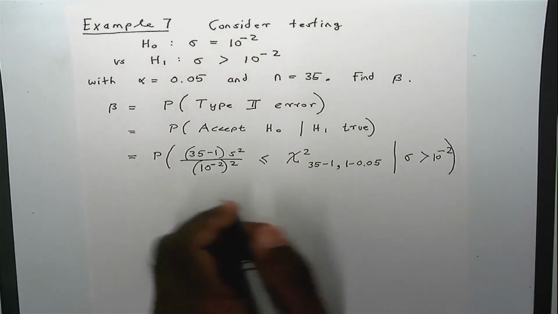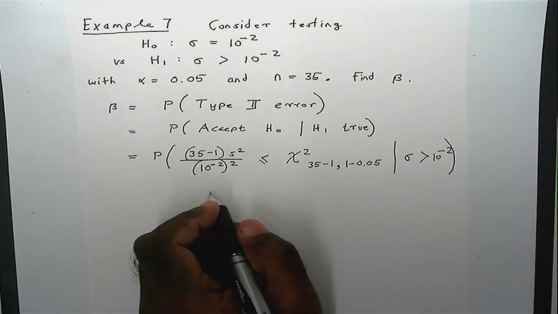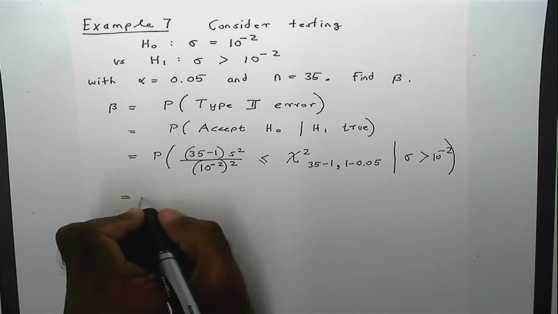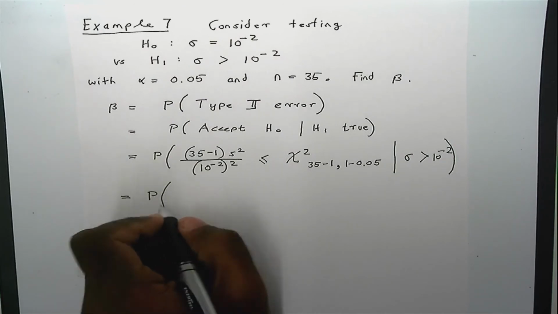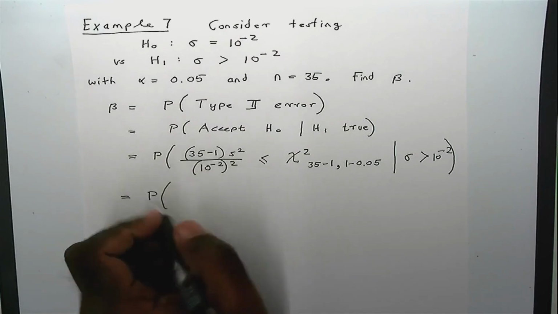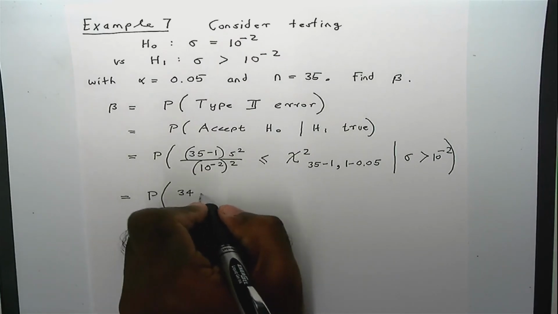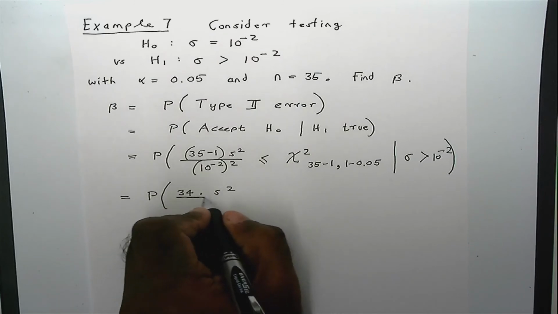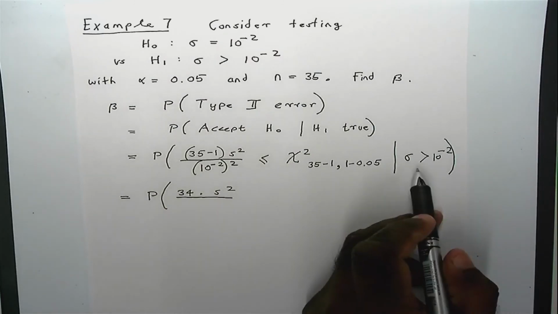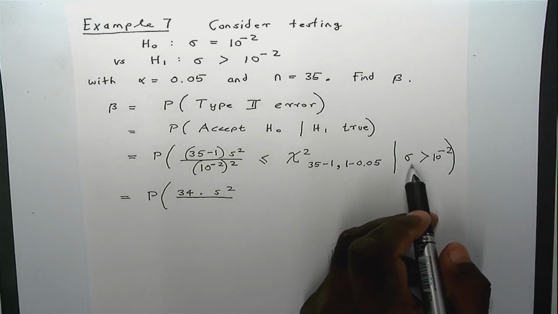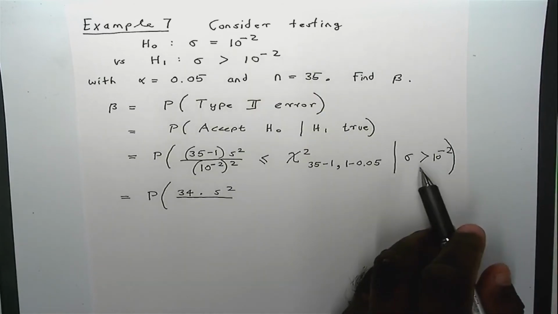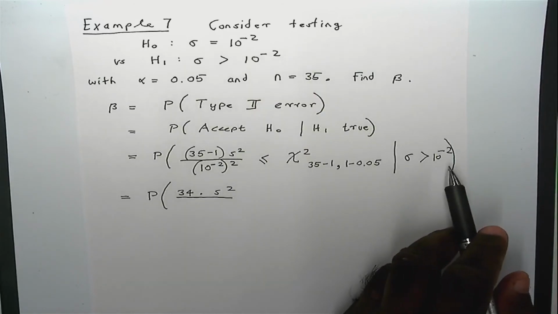Now I'm going to do some simplification here. 35 minus 1 is 34, so I'm going to write it as 34 times s squared. Now, because the true population standard deviation sigma is no longer equal to this, but is a number that is greater than 10 to the power minus 2,